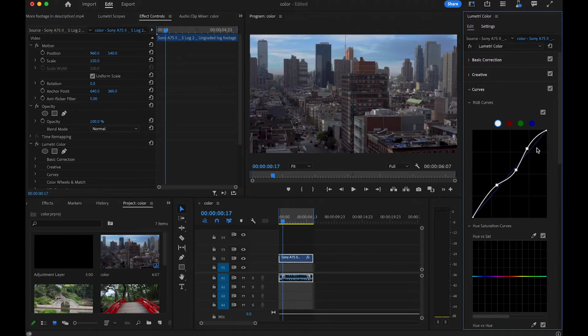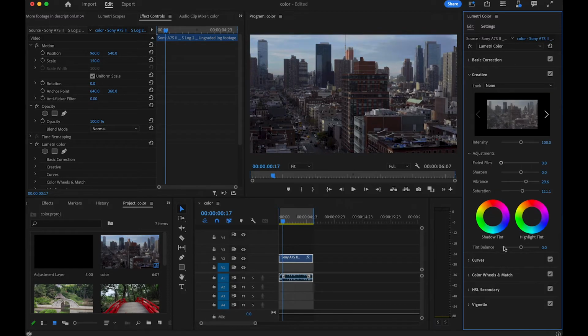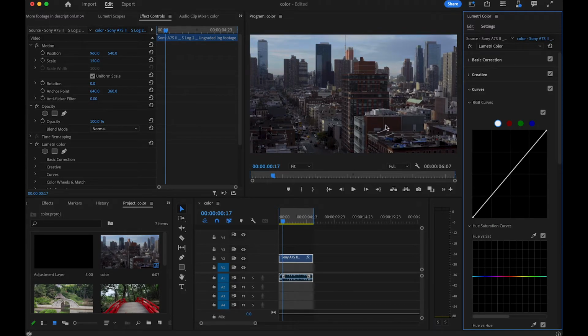As you can see, there's a little grid here, and that makes it a lot easier to understand. Then from here, I like to go down to curves. Now curves is basically how you adjust the overall colors of certain lighting in the clip you're dealing with. As you can see, we've got a bar graph right here, and you just want to click on this